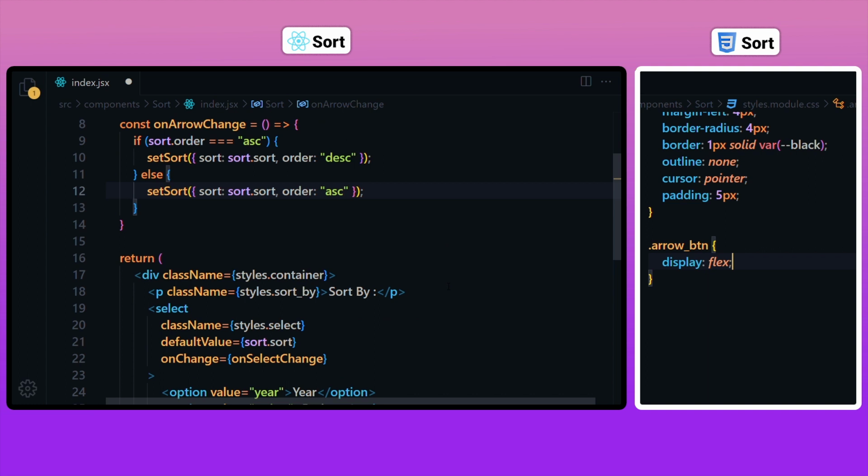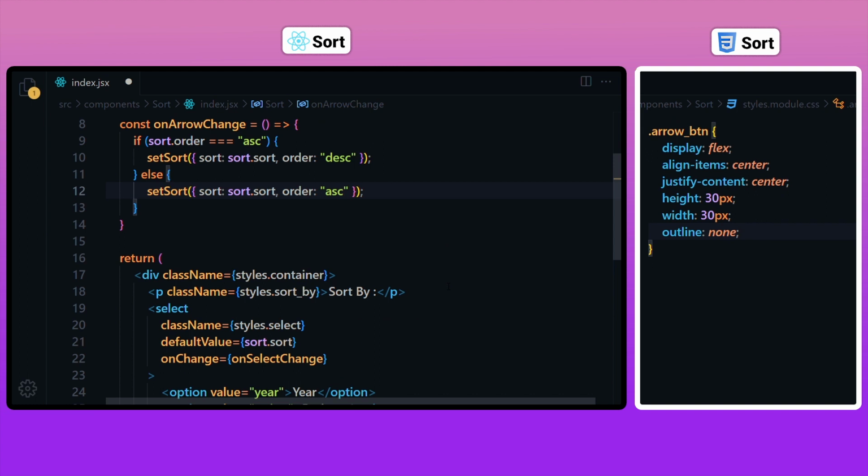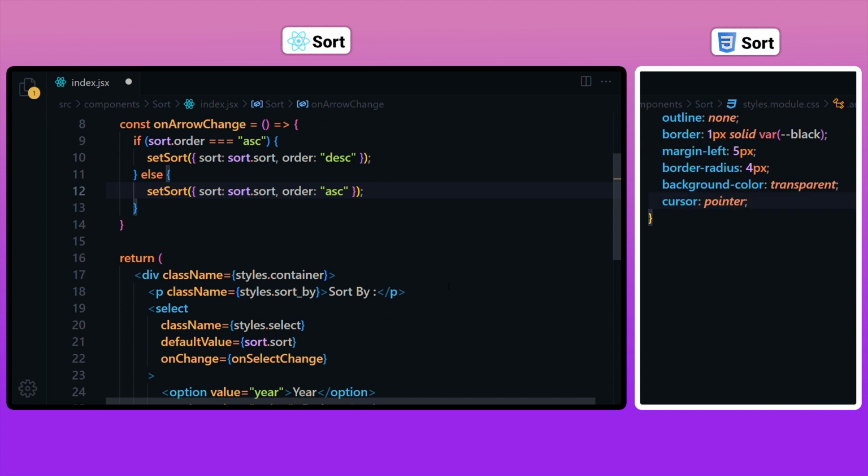It has display to be flex, align item center, justify content will be center, height will be 30 pixels, width will be 30 pixels, outline will be none, border will be 1 pixel, solid and black. Margin left will be 5 pixels, border radius 4 pixels, background color will be transparent, cursor will be pointer.